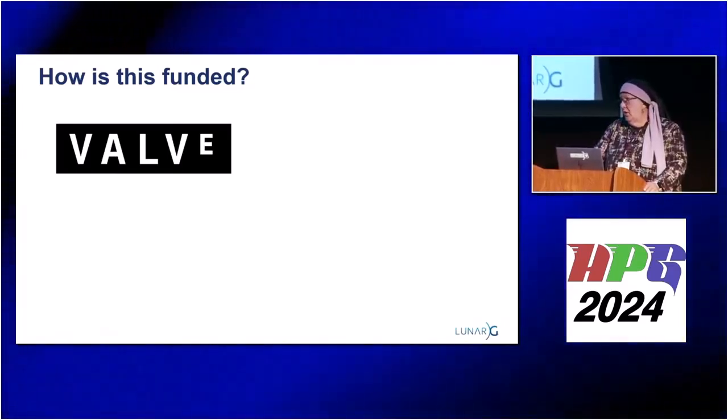They knew that developer tools were an absolute must for the success of this API, and they wanted it to succeed. Khronos did not have the means to staff and run the projects that were needed to deliver this SDK and all the developer tools in it. And hence why Valve, I call them the benefactor, has been funding since a couple of years before the launch of the API.